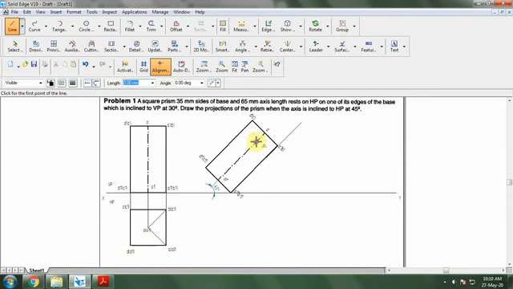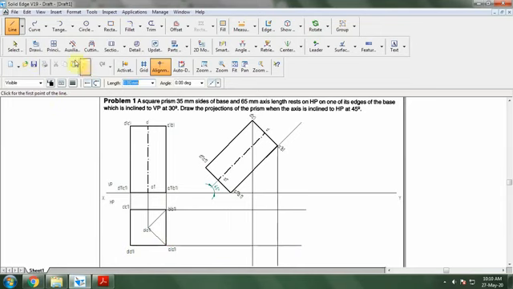Now when you go for projecting the top view, here comes the major thing: visible and invisible edges. I want to first project the upper face, that is ABCD. So I want to take AB and DC from here again.